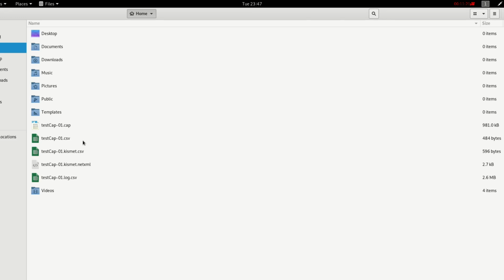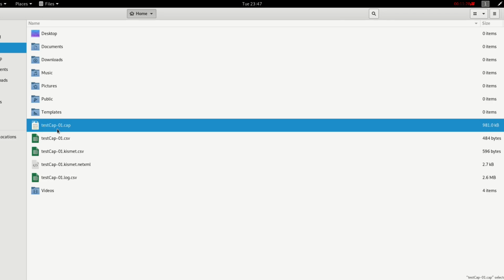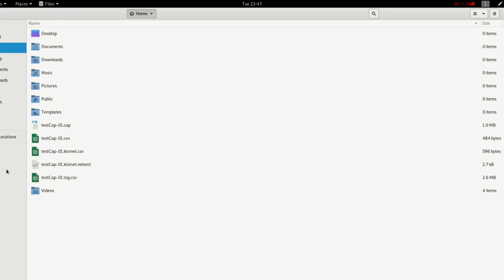Once we have this handshake, of course we need to locate where that handshake file is. So head on over to files, and you can see what we named previously, testcap-01.cap and everything else. What we need is only this file, testcap-01.cap. What we will be doing next is to launch Aircrack, and then we will compare it with a